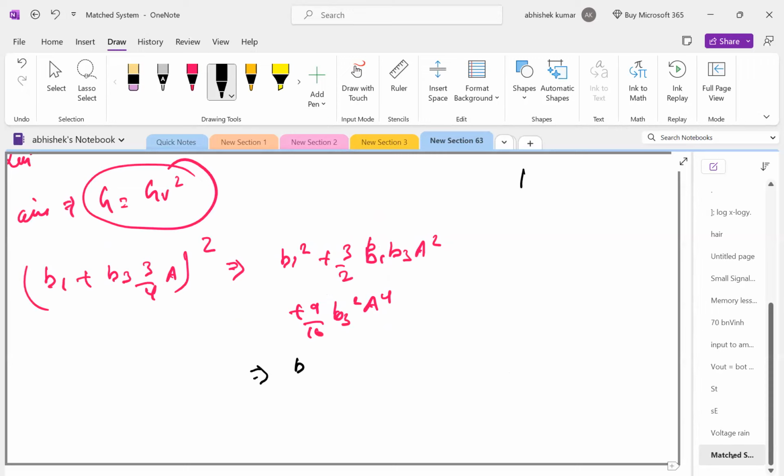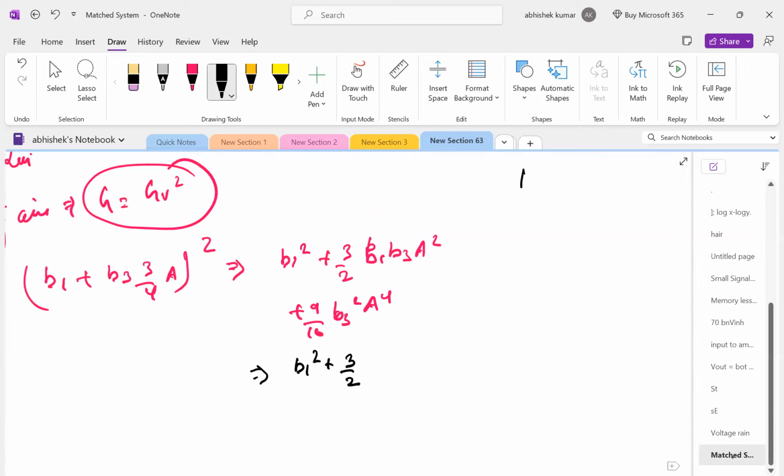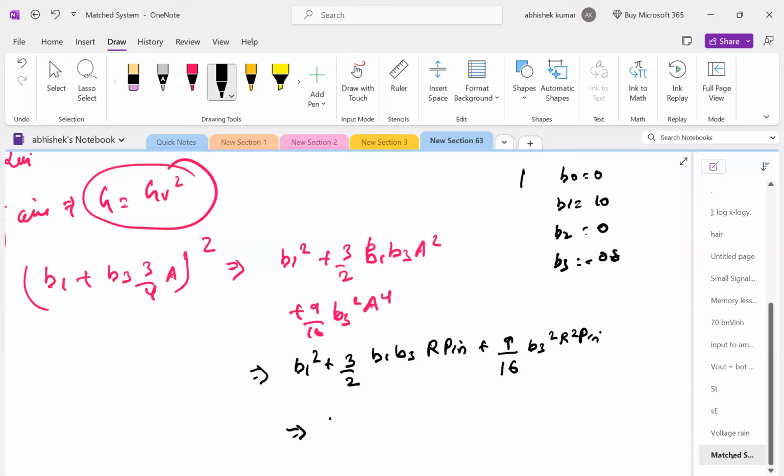So we will have B1 square 3 by 2 and B1 B3 A square in place of B1 B3, and in place of A square we have R P in, and if I put that, I will get this term. So our gain, if I put those coefficients, that is B0 was 0, B1 was 10, B2 equal to 0, and B3 equal to minus 0.8, we will see that our power gain is much compressed